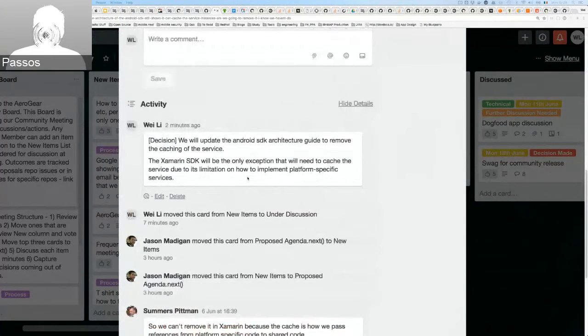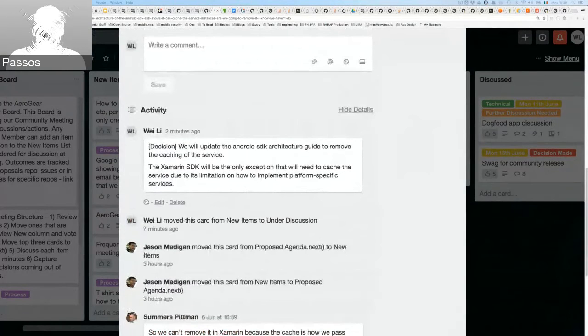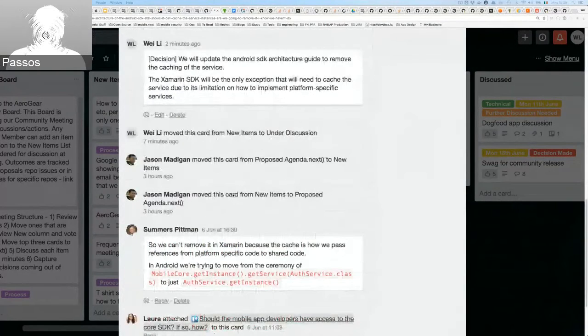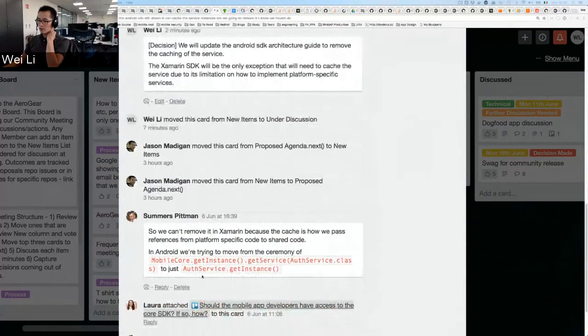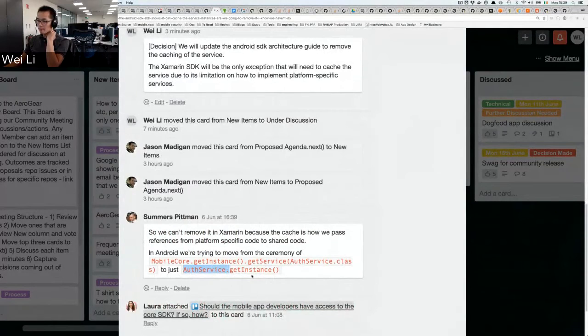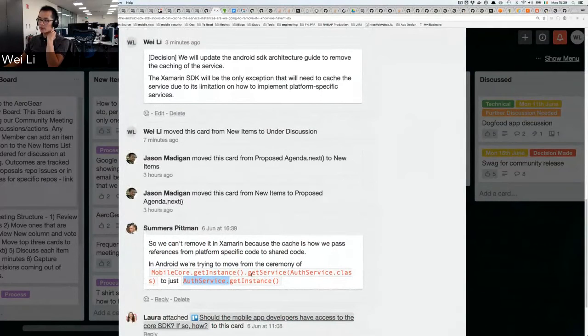So in other words, we are trying to move the cache responsibility from core to each service itself. So a service can be a singleton or something like that. We are only cutting this responsibility from the core. Right, I get you. So it will be up to each service implementation to decide if they want to provide a singleton service, or maybe they want to just provide a constructor and the developers can call the constructor and create a new instance of the service if they want. So the core will not be responsible for doing that.